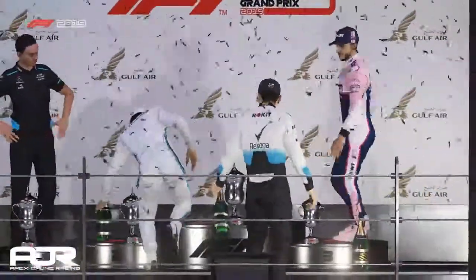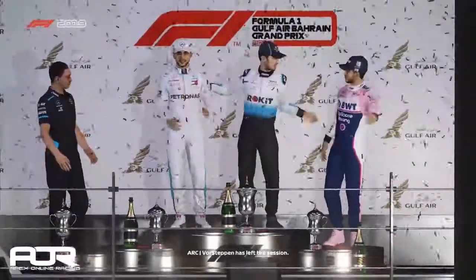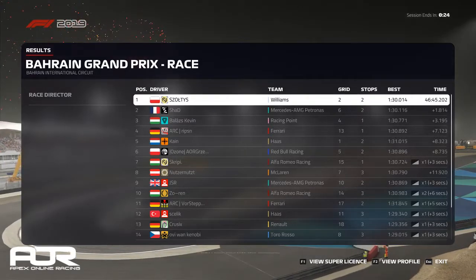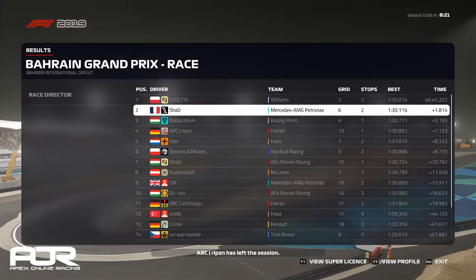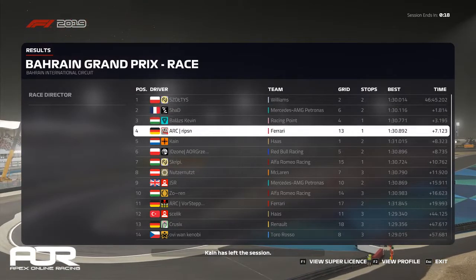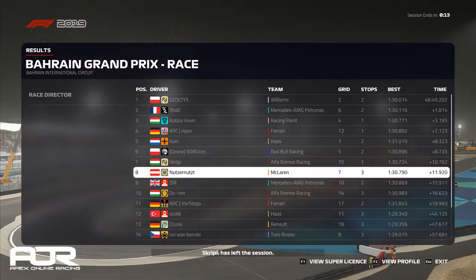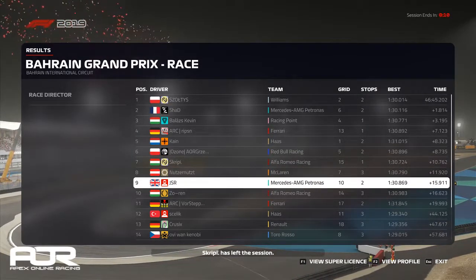The drivers being able, after that safety car restart, as we here will be able to see what it was here at the end. Let's have a look here, as I hope that the standings will come up. Yeah, here we have Schultes winning the race after that safety car restart. Very well done to him. Shad in second, Balazs finishing off the podium. Then Ripson in fourth, Kane in fifth, Greshu in sixth, Skripy in seventh, Nuts in eighth, JSR in ninth, and